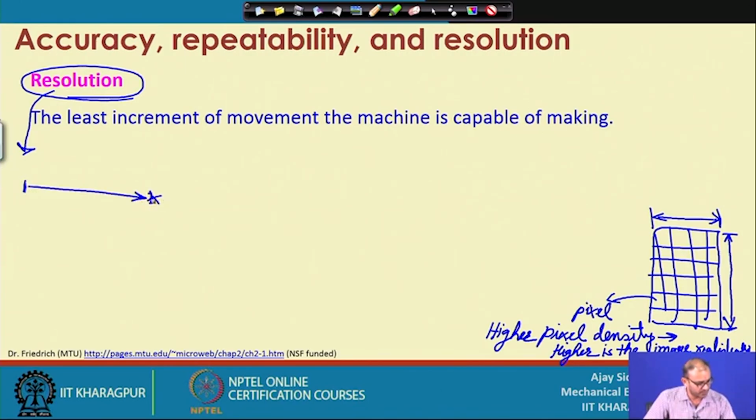This is our target point, and from here it is starting from 1 millimeter, and we want to move from here to here, let us say 9.02 millimeter. So, we are talking about 2 decimal points after 1 millimeter. If this is achievable in this particular machine tool, then we can tell that it has a resolution of 0.01 mm,